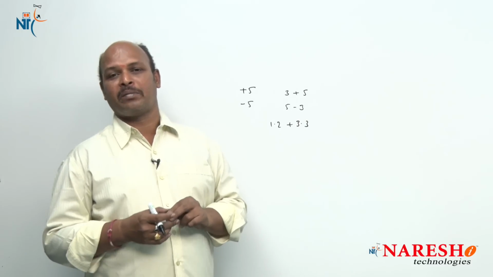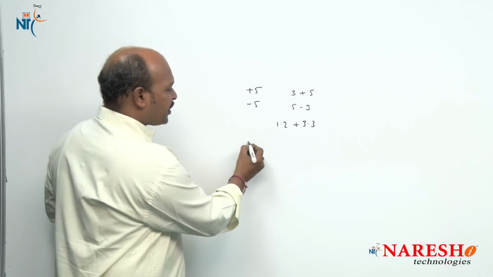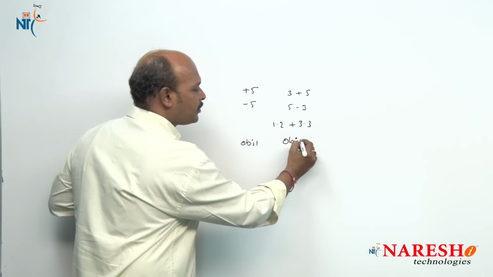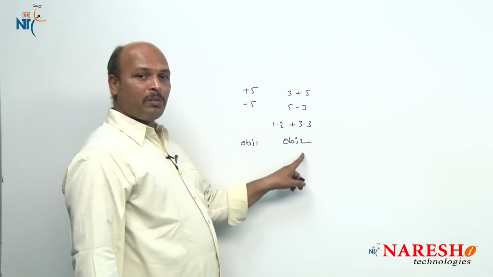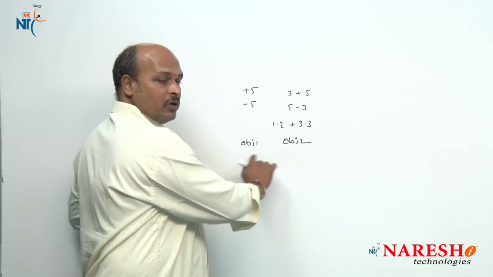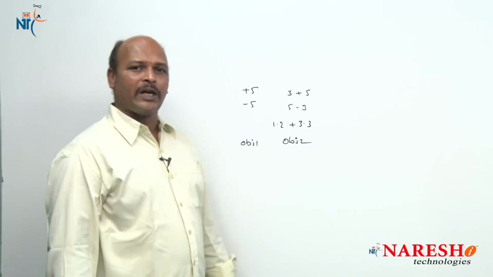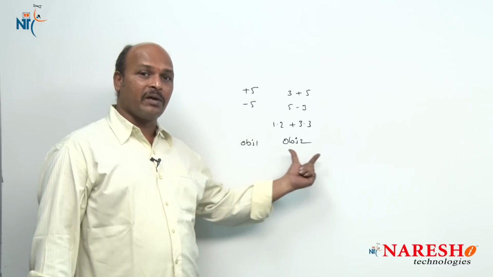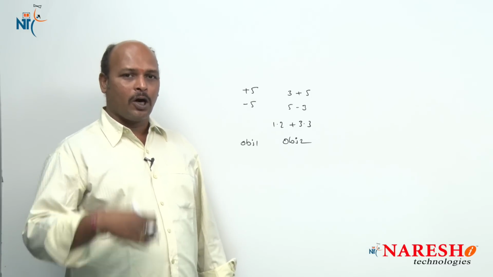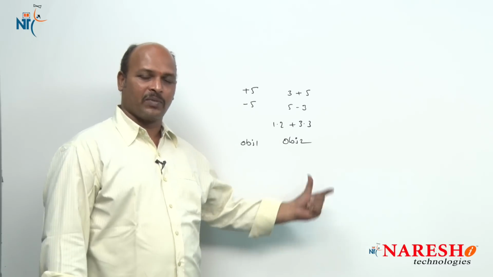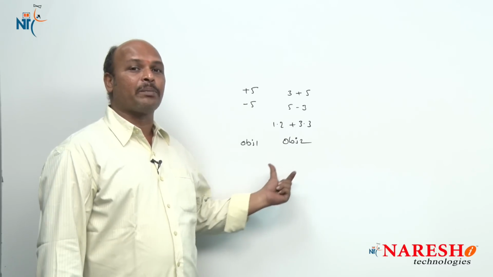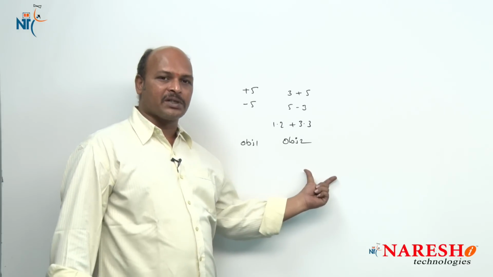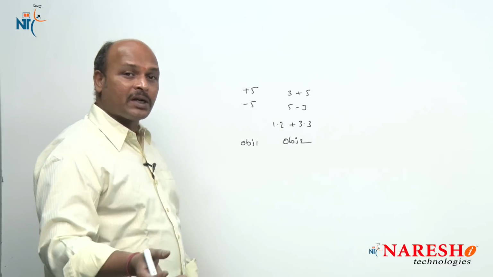But my requirement is this: for example, object 1 is there and object 2 is there. Now I want to add object 1 and object 2. Actually, objects are instances of classes. We know that an object is a variable of type class, the instance of a class, or the physical representation of a class. That means when we operate on objects, we are operating on classes.